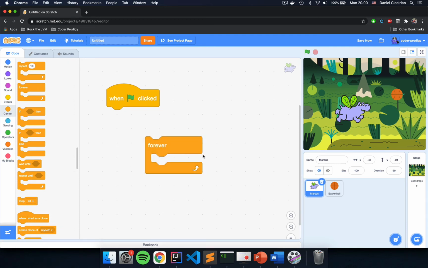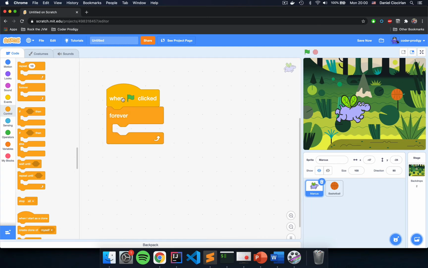The forever loop simply repeats whatever you put inside the loop. So the computer will repeat whatever you put inside the forever loop forever. That's why it's called a forever loop. So snap it here after when flag clicked, and after the flag is clicked, the computer will run these blocks